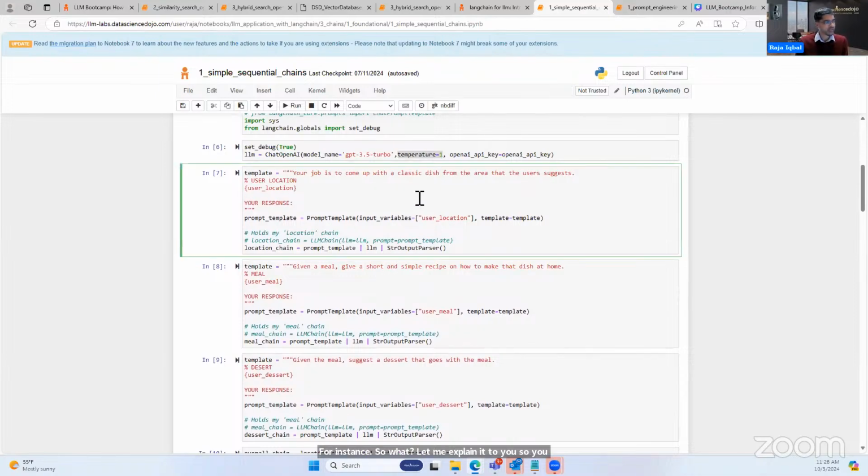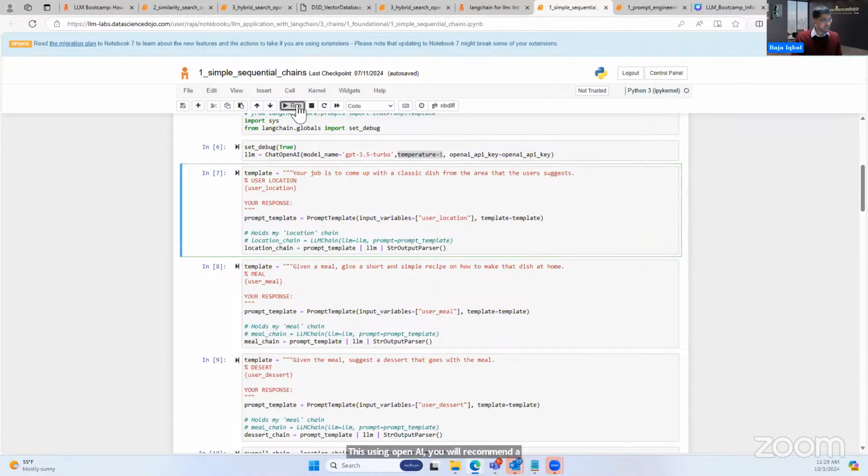So this is a chain. What will happen is, let's say you build this UI. It's a food recipe recommender, right? And then the user comes in and inputs a location. Using OpenAI, you will recommend a dish in the first part of the chain.